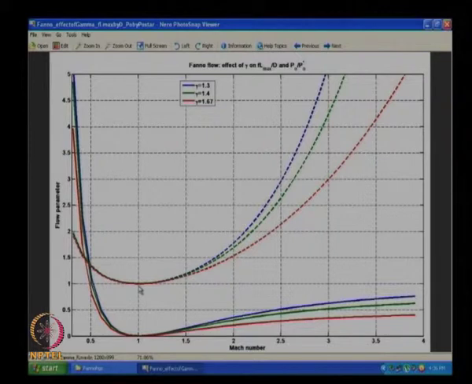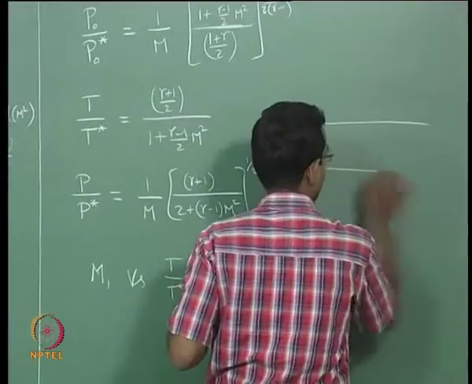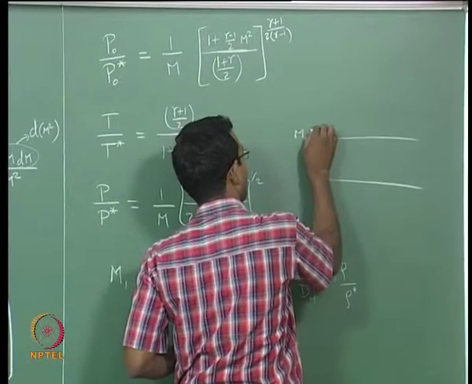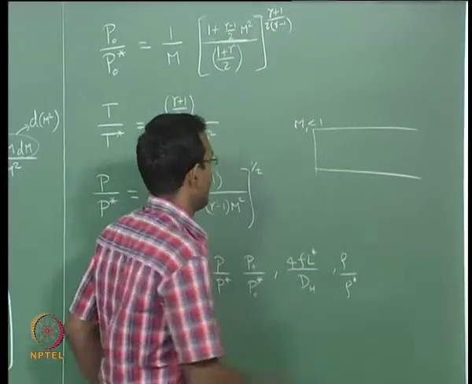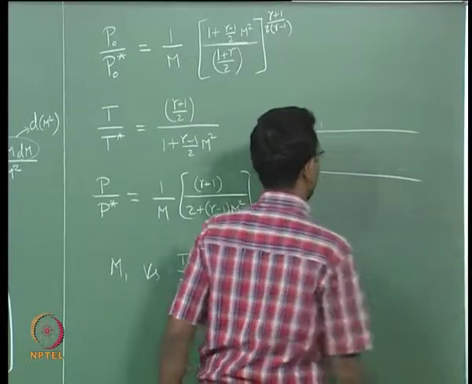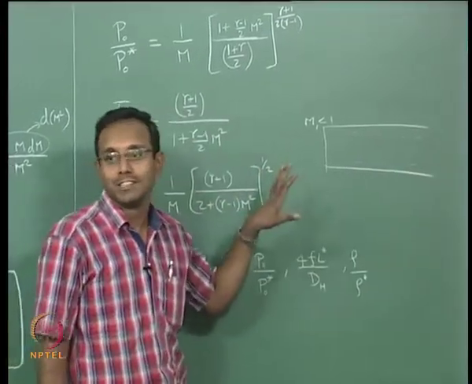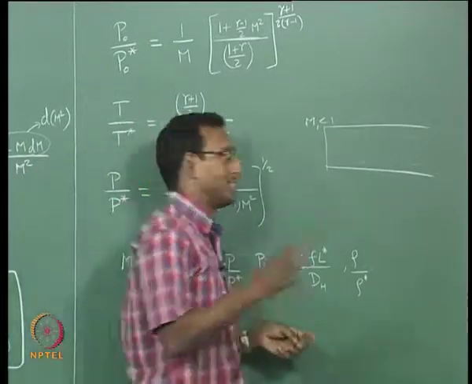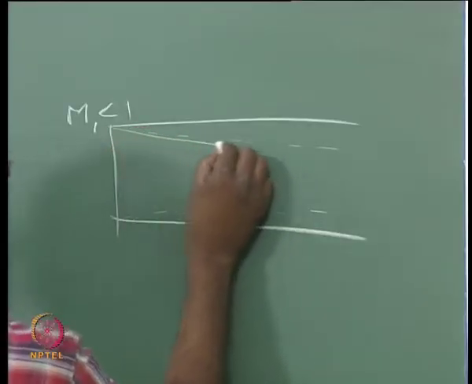Let me go to the board a little bit. If I think about this from a fluid mechanics point of view, I am going to say I have some M1, let us say less than 1 condition, and I am going to say there is a boundary layer growing. I do not want to teach boundary layer in this course, but I will just tell you that boundary layer is like some blockage in the flow. It is equivalent to having a wall that is crushing inward.